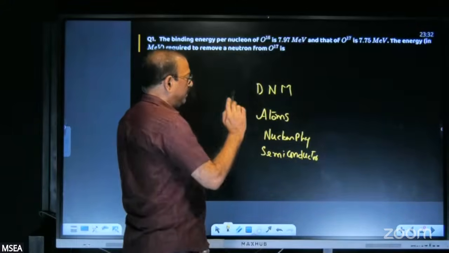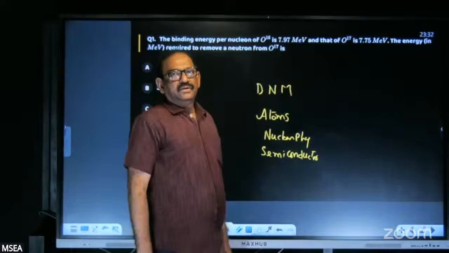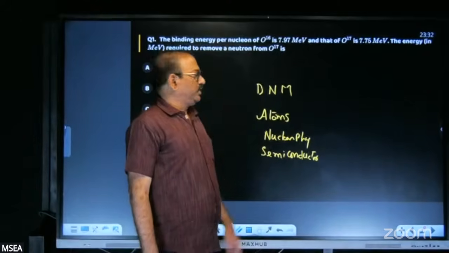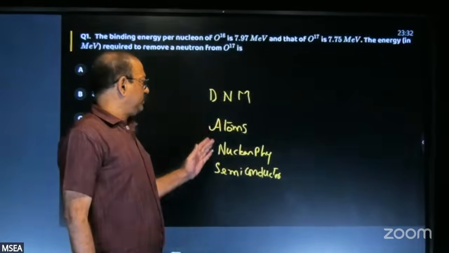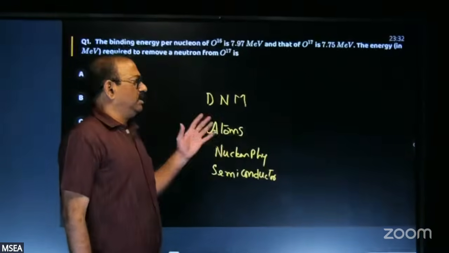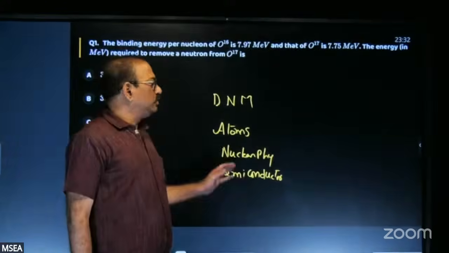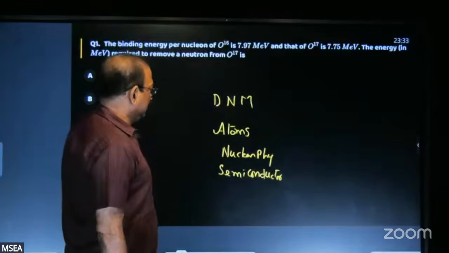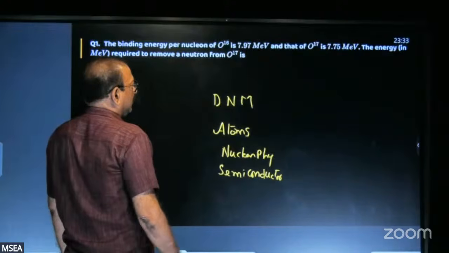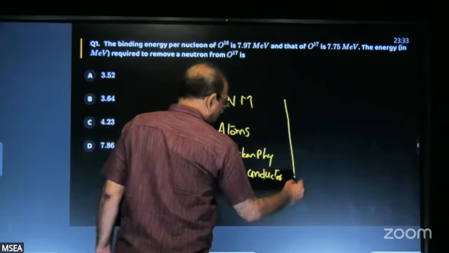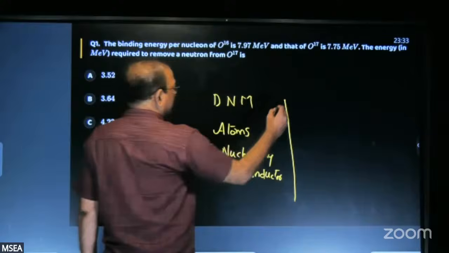These 4 chapters need repeated frequent revisions because all 4 have less syllabus, less variety of questions, easy scoring, high scoring, and less time consumption. One more set of 4 chapters,